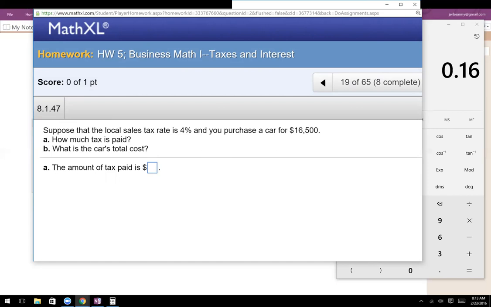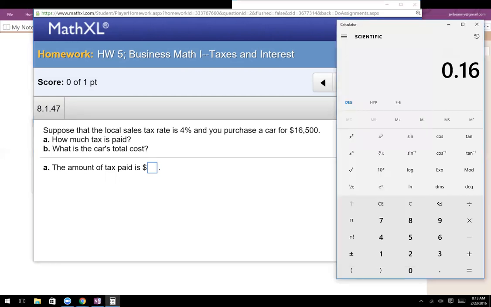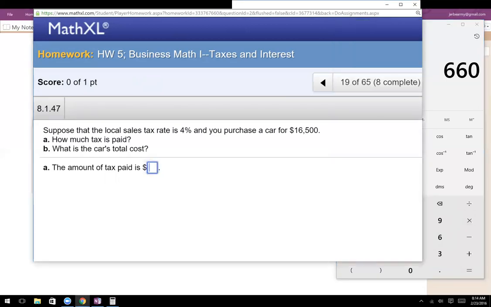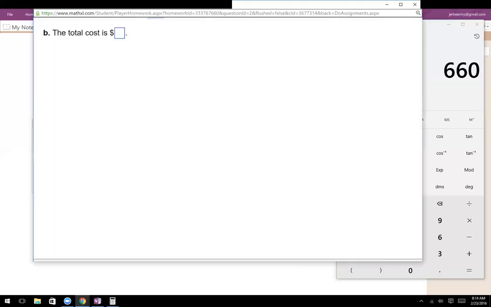The $16,500, is that the part or is that the whole? The whole. Yeah, that's the whole. So to find the part, what do you do? Yeah, that's the one case where you multiply, where you don't have the part. 0.04 times 16,500. So they're going to take $660 in sales tax,